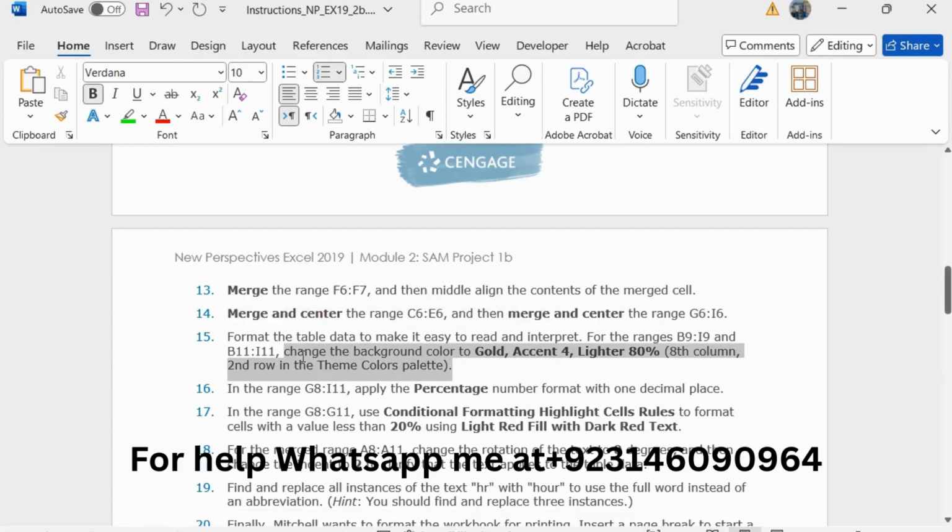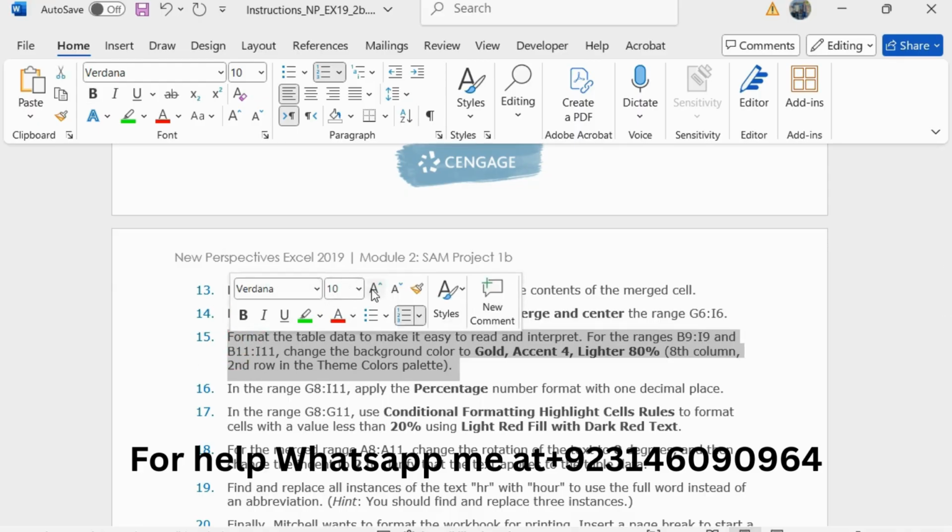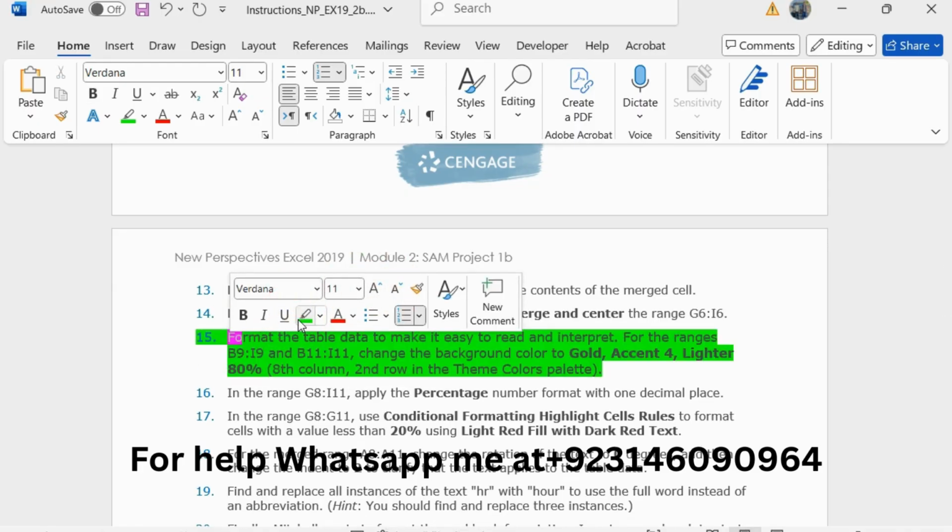And step number 15 is format the table data to make it easy to read and interpret. For the range B9 to I9 and B11 to I11, change the background color to Gold Accent 4, Lighter 80%.